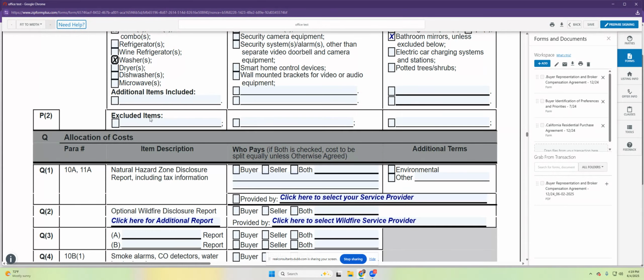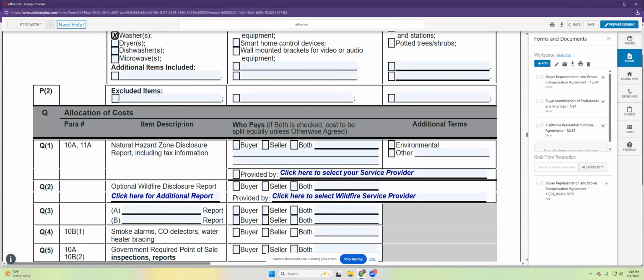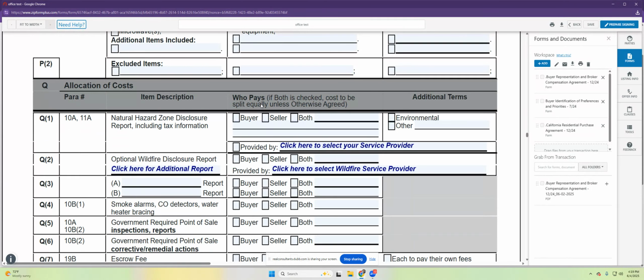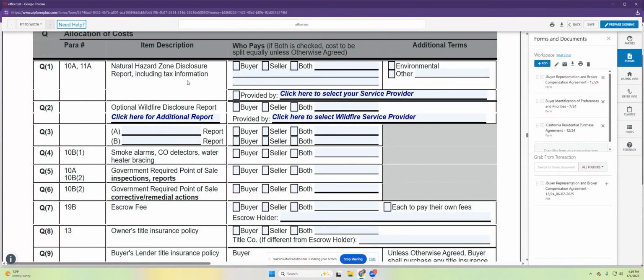Also, excluding items such as sheds in the backyard or something. If they want it gone, put it in here, not like everybody at the end tries to say, oh, well, that's what I thought. No, it's what's on here. This is the contract. NHD reports, I would say seller,